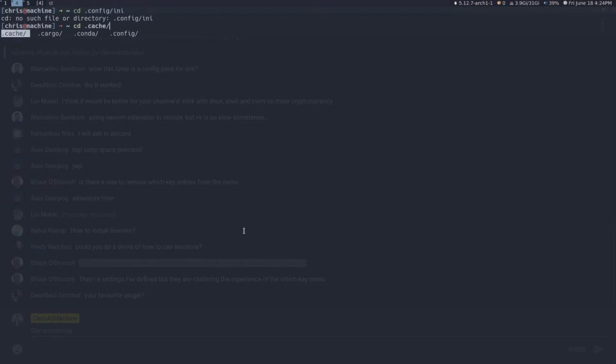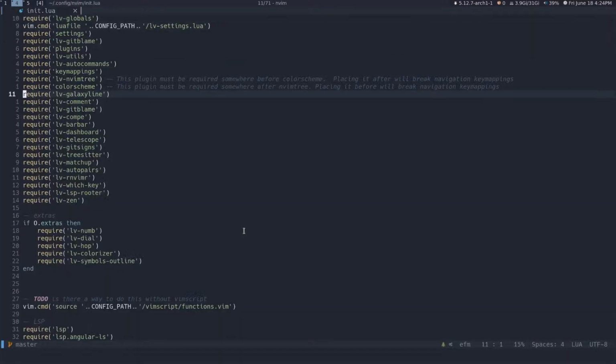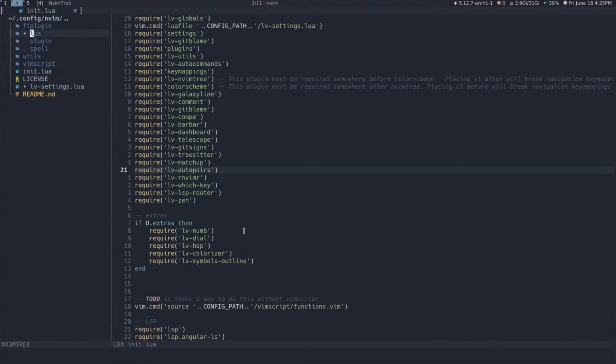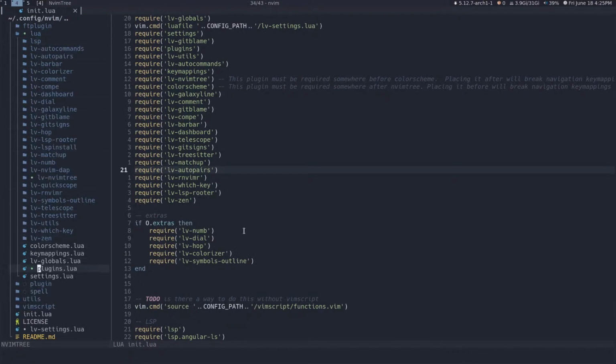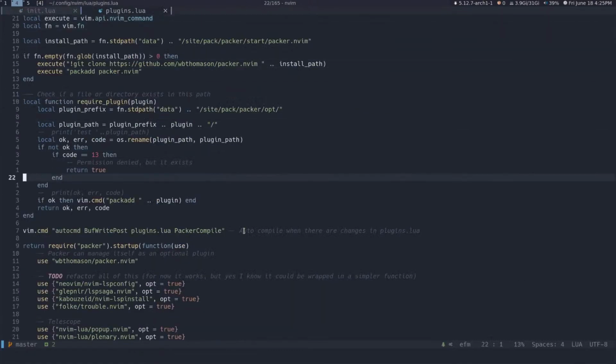No, config, and Vim. I'm going to try and fix that sessions thing, or if somebody has a PR that they could fix it with and understands it better than I do right now. But if I was going through all of my plugins here and looking at the ones that I like the best,